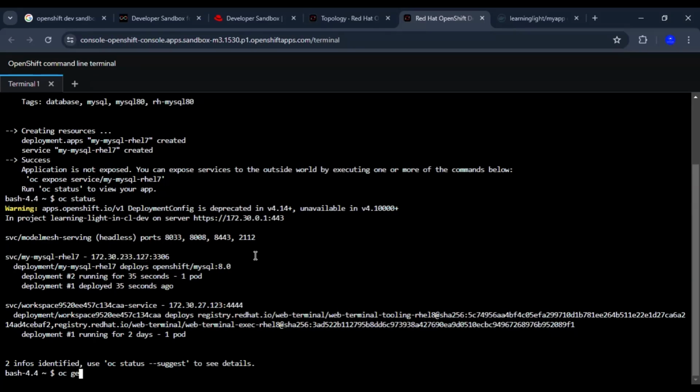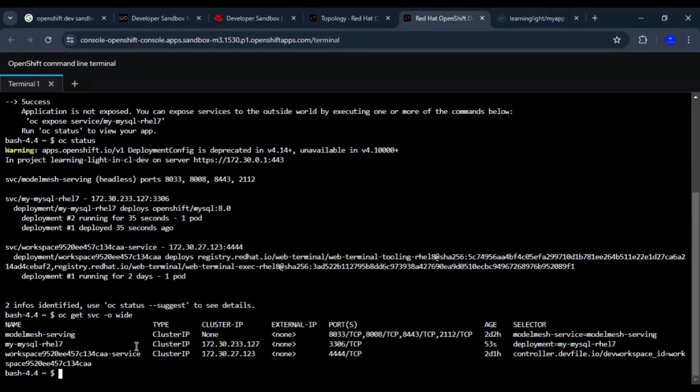We can even see oc get svc -o wide. We can see our MySQL cluster IP is 172.30.233.177, which is nothing but this one. And it is running from port number 3306, which is the default port of MySQL server. So we will note this cluster IP, and we are now going to deploy our my app